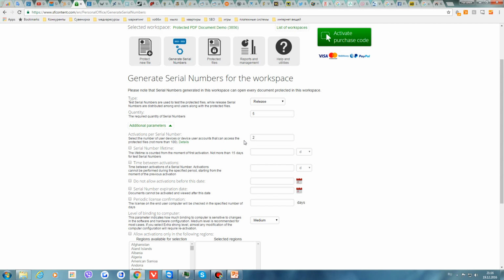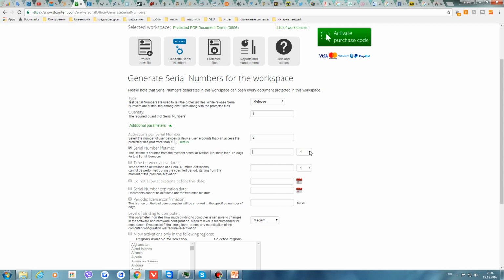Okay, we can select 2. Speaking about activations, you can edit it anytime you like. So you can select 2, but if there is a problem, you can always edit it and add a new one.